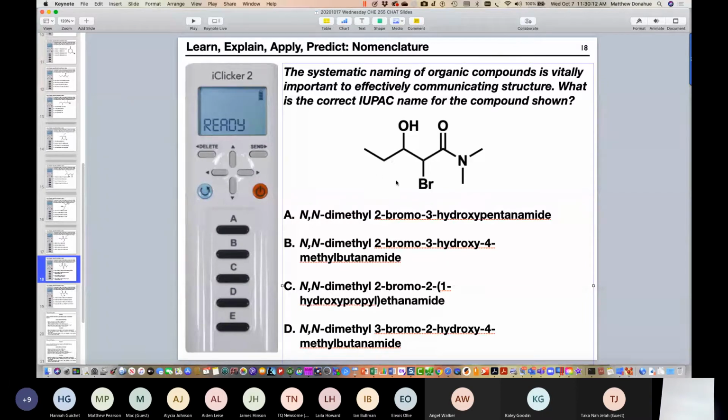And so I think you can see the logic in these rules is that when you start doing things like in choice B, it makes the name unnecessarily longer and more complicated. The same thing with C. It's saying, okay, here's the 2-bromo. Now see this 2 right here, this second 2. It's saying that this entire group,